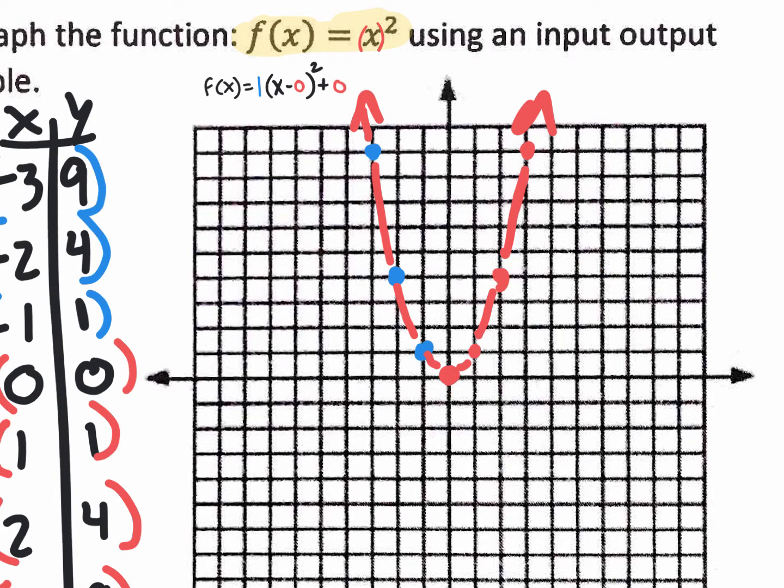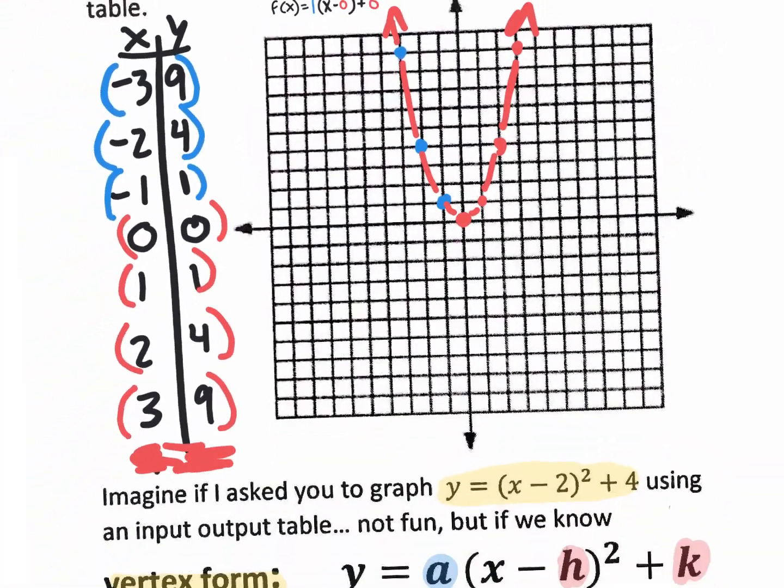Okay. The a value does tell you, just like in absolute value functions, if it's a regular opening graph, or if it's wider, or if it's narrower, or if it's opening down. So the a value does do all those things, but we do not treat it like a slope like we did in the previous absolute value function section. Okay, so